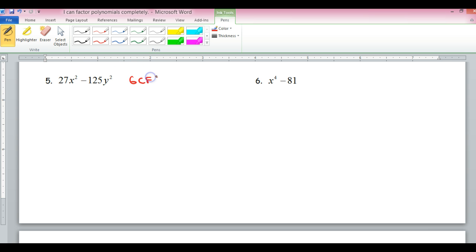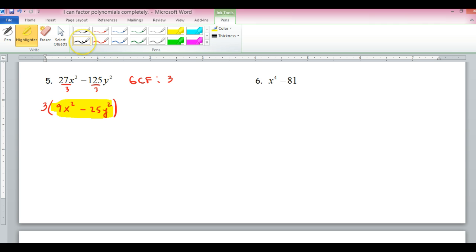The GCF. What is the greatest common factor between 27 and 125? Well, you should notice that 3 goes into both of them evenly, so the greatest common factor here is 3. So when I divide each term by 3, I end up with 9x squared minus 25y squared. So looking at this inside polynomial,